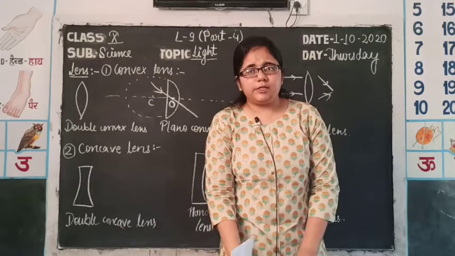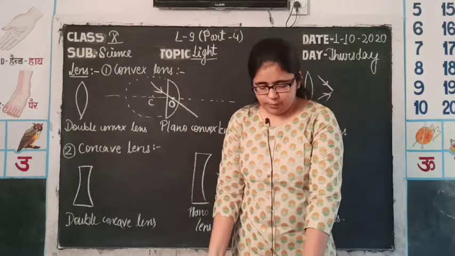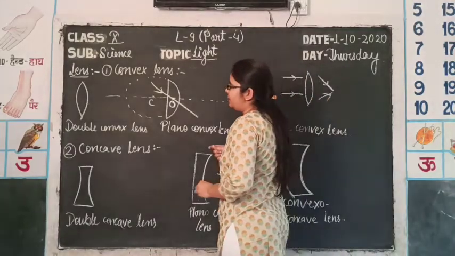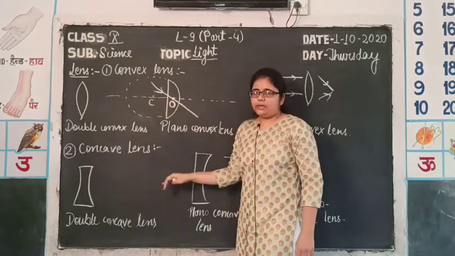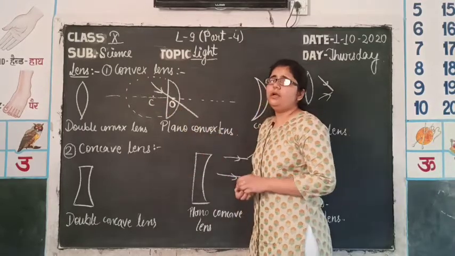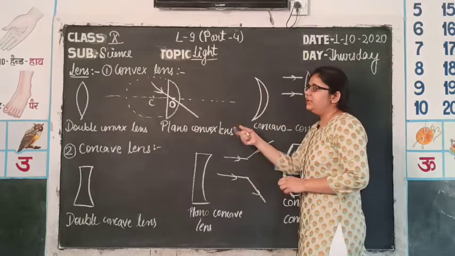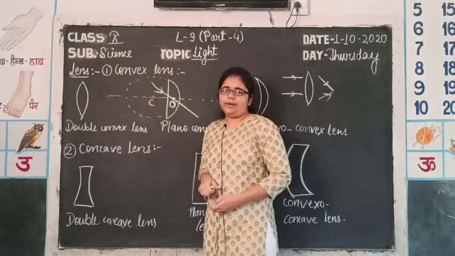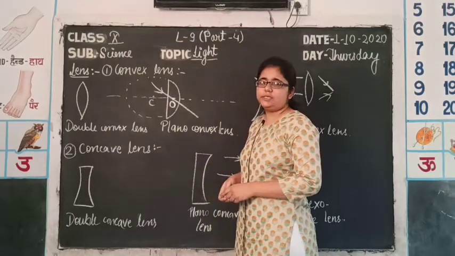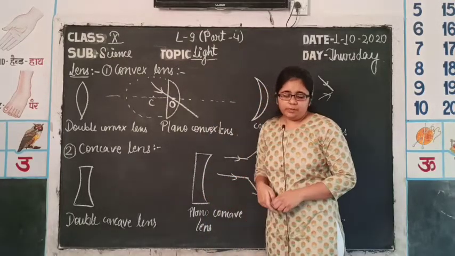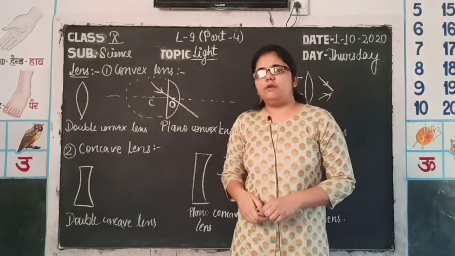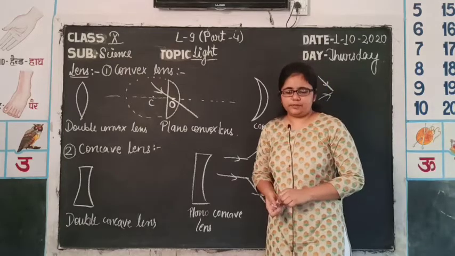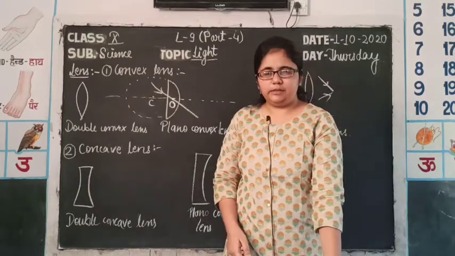Now, according to the transmission of rays, there is one more point, that is the principal focus. Principal focus is a point at which rays converge or appear to converge. When parallel light strikes the lens, it gets refracted and converges at a point. That point is known as the focus, the principal focus. After that, one more term is given, that is focal length. Focal length is the distance between the optical center and the principal focus.